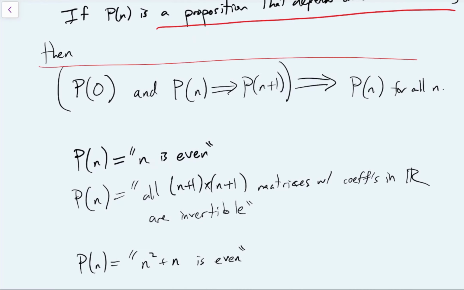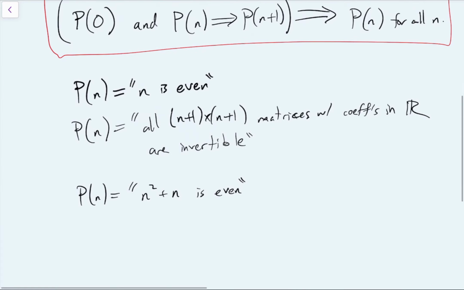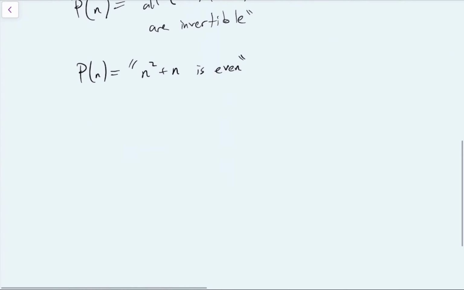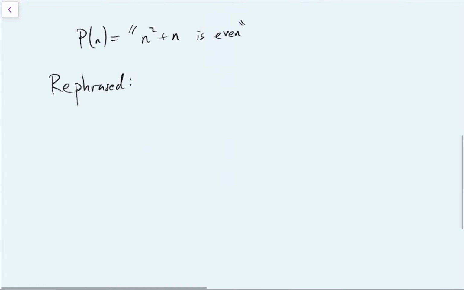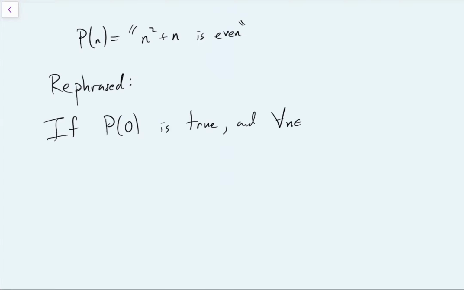Okay, so now that we've understood what a proposition that depends on a natural number is, let's try to understand this line here and elucidate that more. Okay, so let me rephrase that. What I want to say is, well, let me actually just spell this out in as many words as possible. If p of 0 is true, and for all natural numbers,